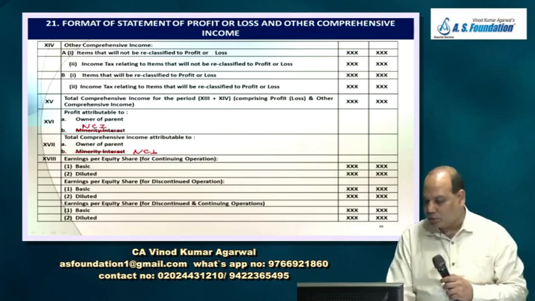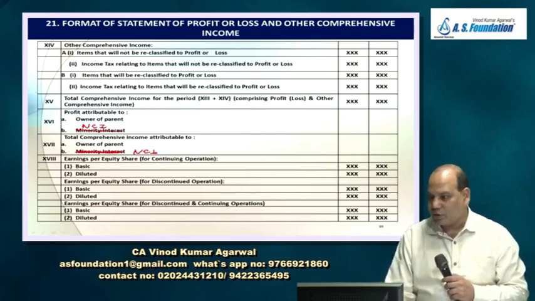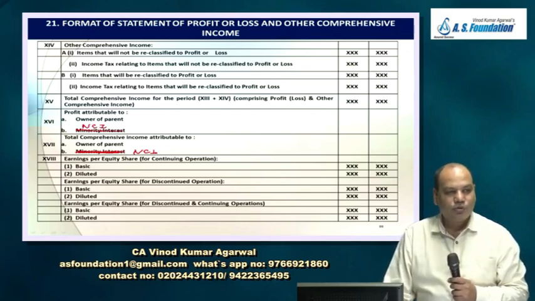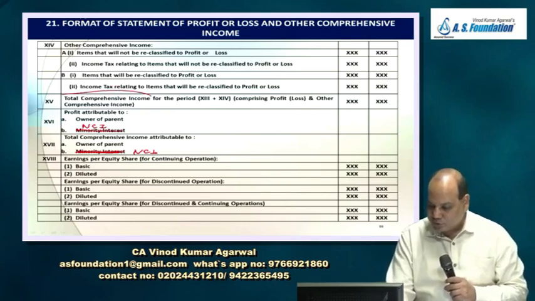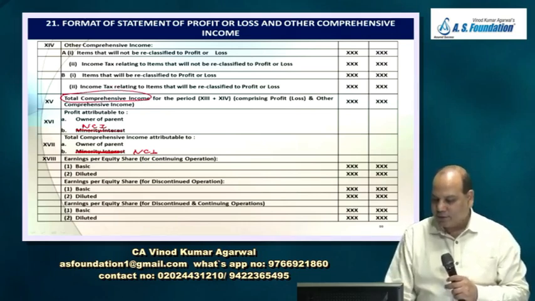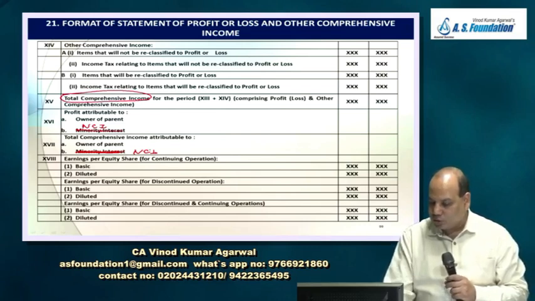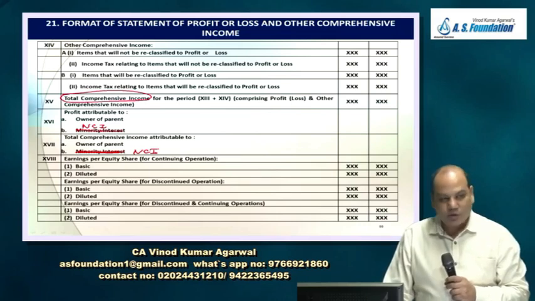We are used to calling minority interest, but the IFRS and IND AS now don't use the word minority interest. Then total comprehensive income, this portion, again divide into owner of the parent and non-controlling interest,